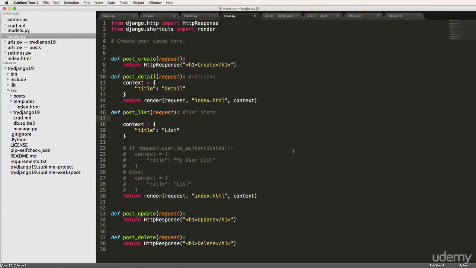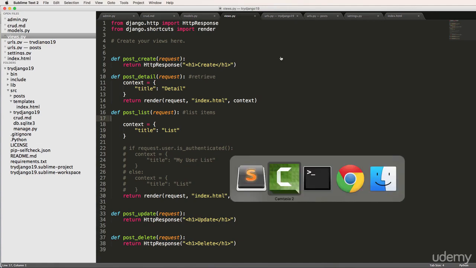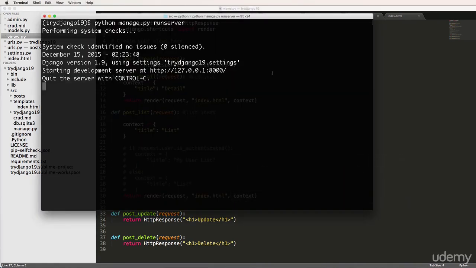So now we're going to talk about query sets. Query sets are basically querying the database for some sort of data. And we're going to do this first using the Python shell, and then we are going to bring it into our view. So let's actually close out the development server if you have it open, and we're going to run